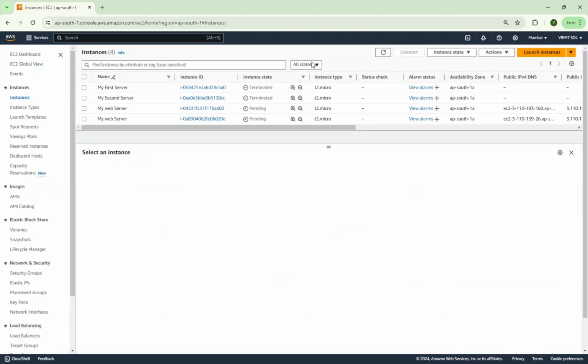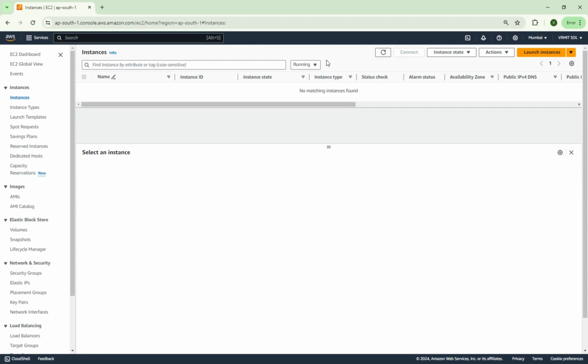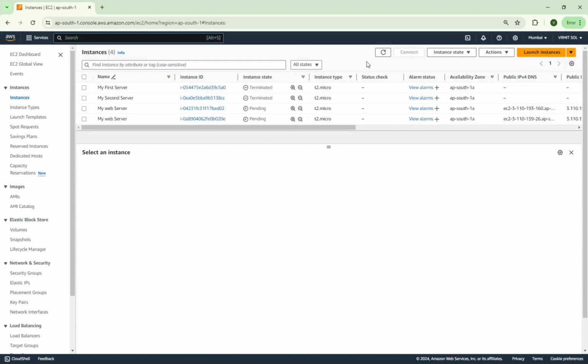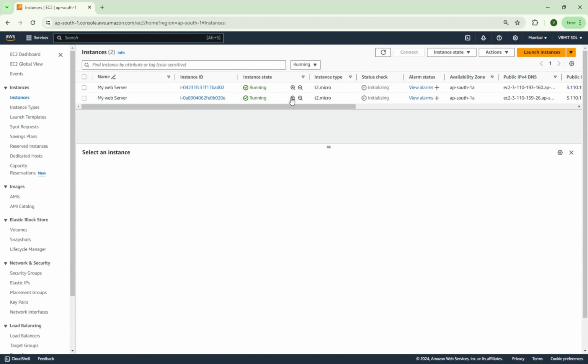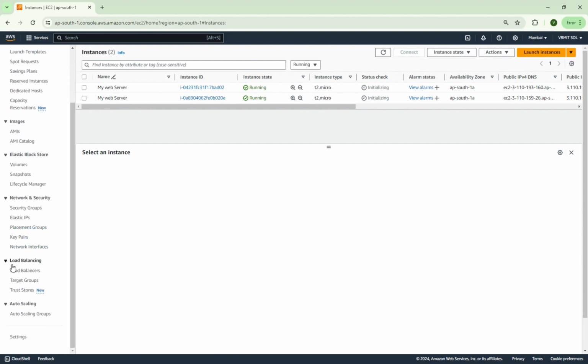So if you go to EC2 instances, you can see 2 servers will be up and running. Let me filter it to running. Just give me a minute. Yeah, so it's in a pending state. Once it is in a running state, we will see it after the running filter. Now you can see that instances are running, but we still have to wait for the 2/2 check. So I'll wait for it, and meanwhile it is coming up for the 2/2 check,